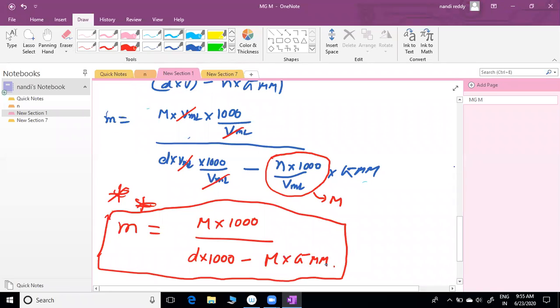Keep this one. Now we can solve one problem, sir. People got confused and didn't understand, then again please note down. I am also searching the internet for the same question. I am giving that question. Please note down.